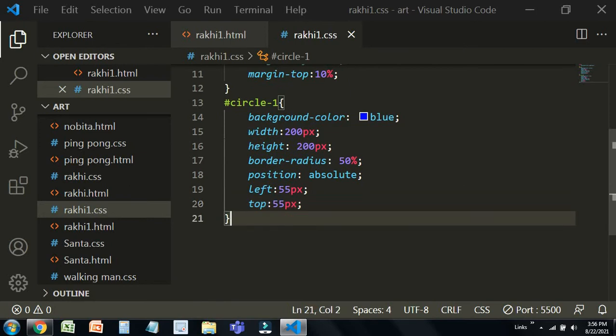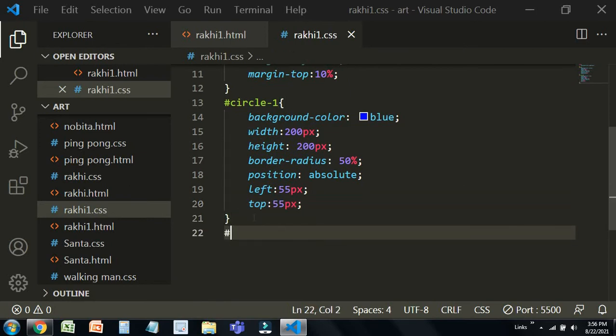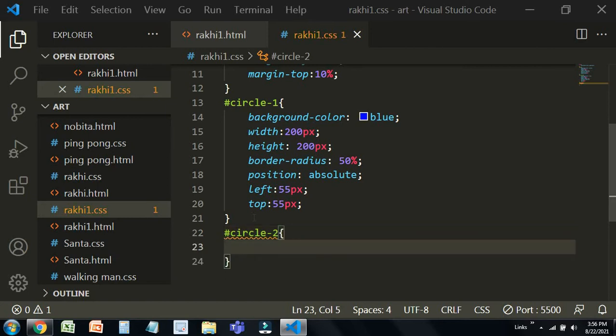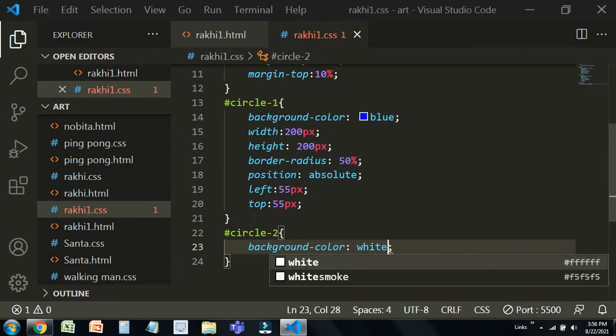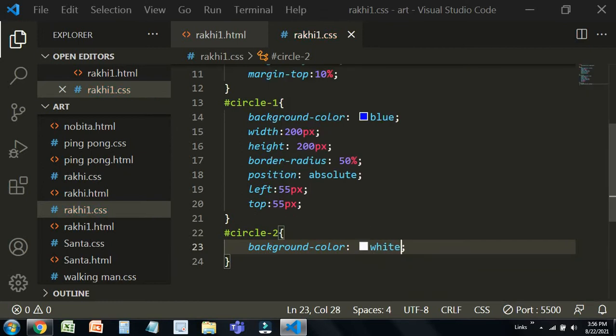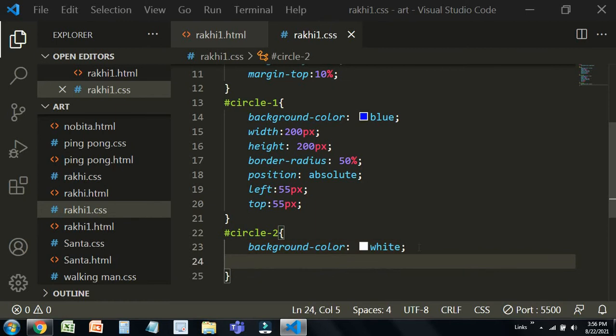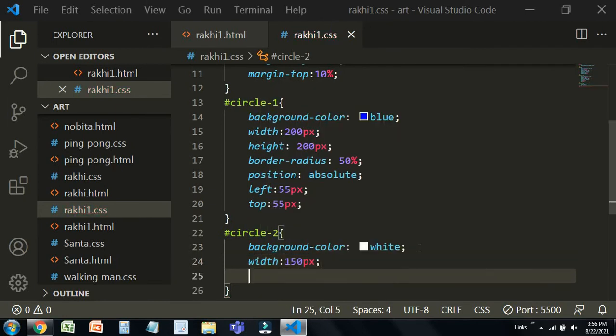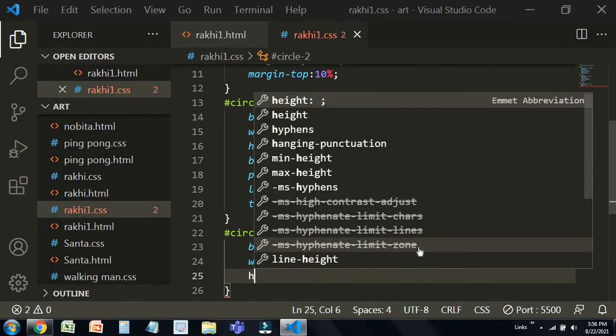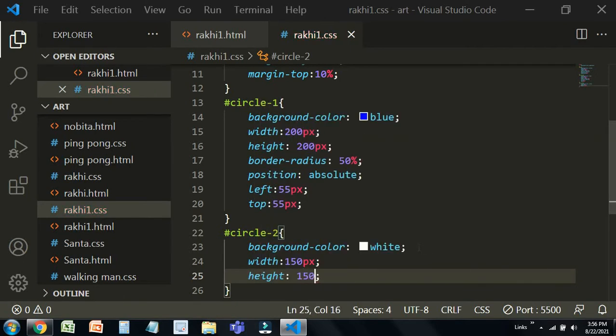And then I'm coding for circle 2. Background color needs to be white. Then width needs to be 150 px, height 150 px.